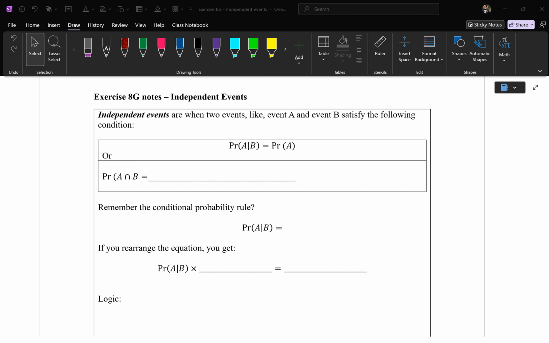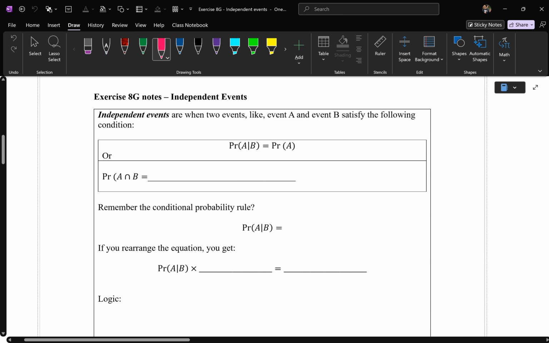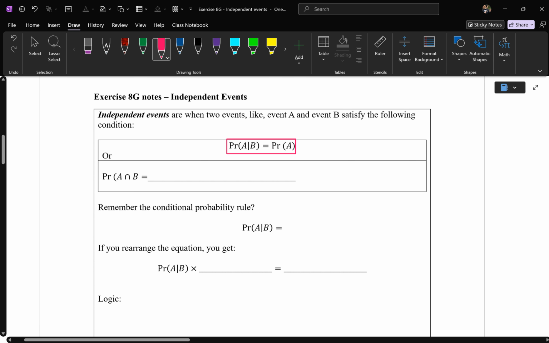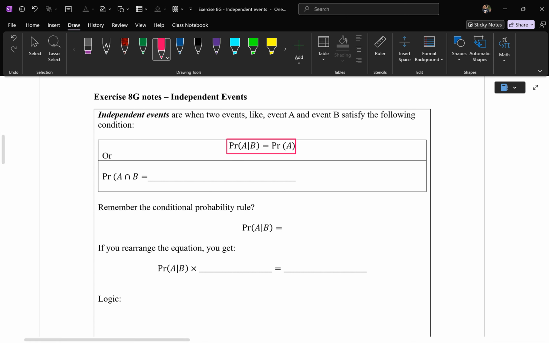Independent events are when two events, like event A and event B, satisfy the following condition. And the condition is very key. This one is the cornerstone of understanding it. Now, it's always been done in Year 7 and Year 8, but it's been implied. It hasn't actually been mentioned. Why? If you remember, sorry, I'm missing a bracket there. If you remember the multiplication rule,